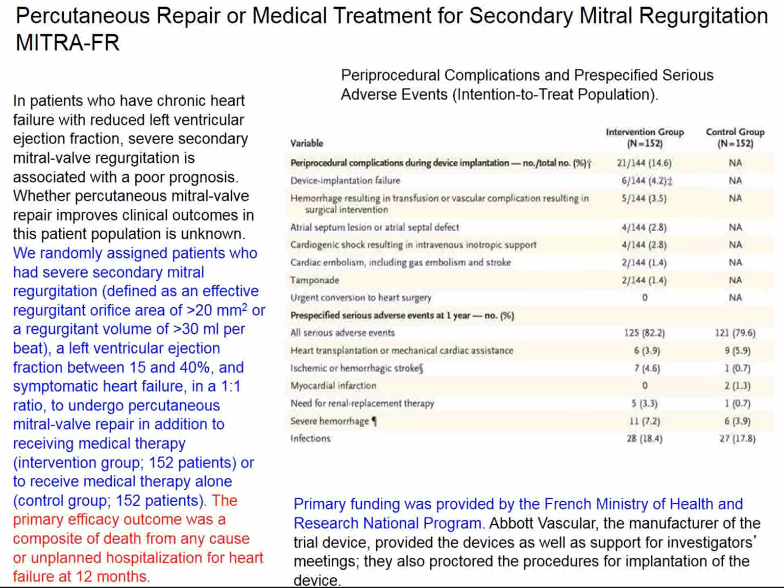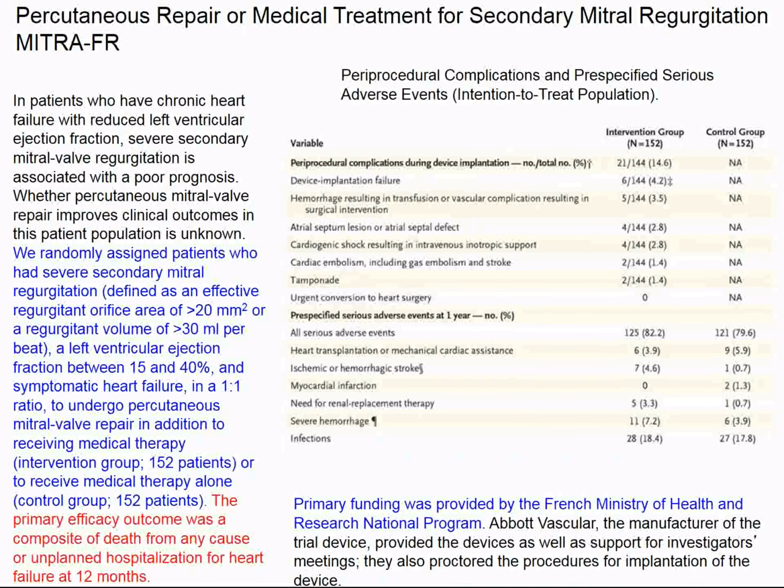And we look at two trials. The first trial was performed in France, where patients were randomized to mitral valve clipping or placebo, or no intervention, treatment for heart failure alone, and the primary outcome in this trial was the composite of death or unplanned hospitalization for heart failure at 12 months. I'm not going to show you the patients in this trial yet, for reasons that will become obvious in a